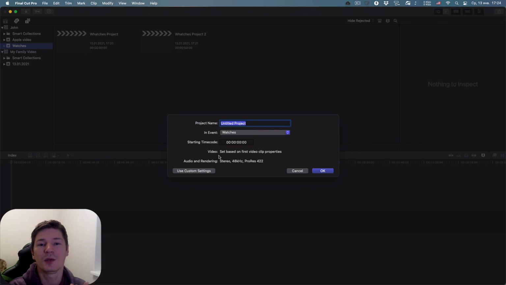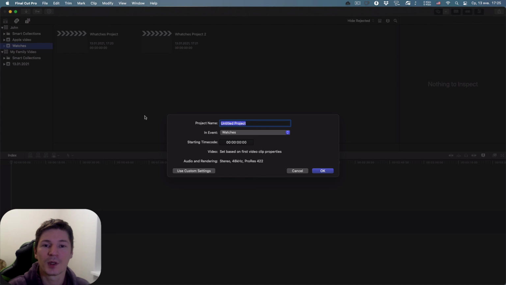For example, if you have your videos made in 1920 by 1080 resolution and 60 frames per second, if you choose automatic settings, and then you press OK,